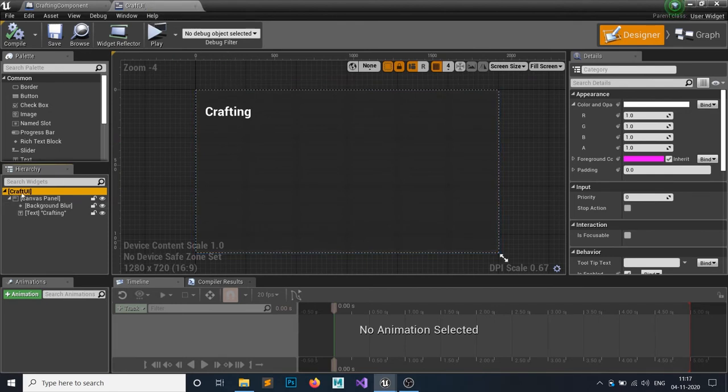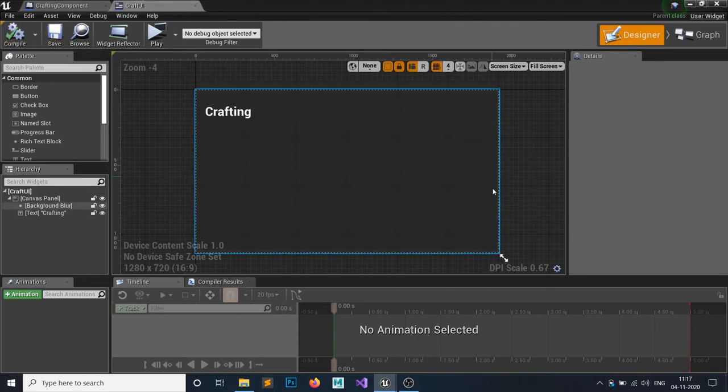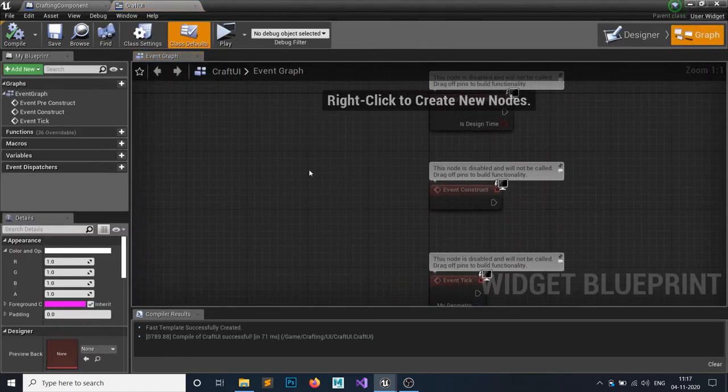So click on this main hierarchy, this one, and you can see the interaction is focusable. Make sure it is true, otherwise the interaction is not added. So now we are on the input mode whenever we press 3. Whenever we don't want this crafting UI and want to go back to the game, we want to toggle it back.